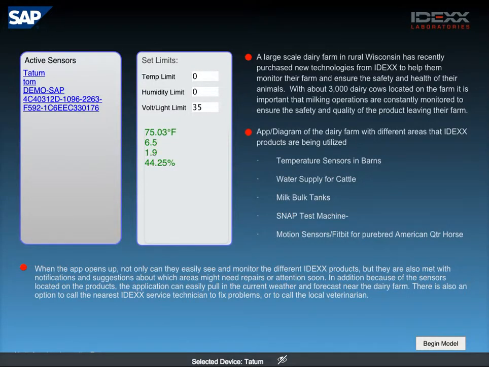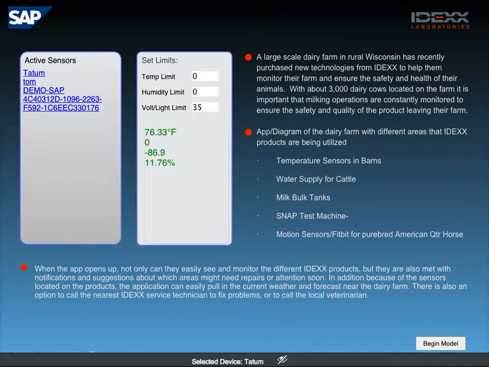Hey everyone, just a quick rundown on the IDEX application built for the IDEX laboratories and the animated model, and how to connect our sensors to the model and make things work for a presentation or demo. If you launch the link that I provided in the email, you'll get an application screen that looks something very similar to this. We have some initial setup that needs to be done, very simple, and then we could operate